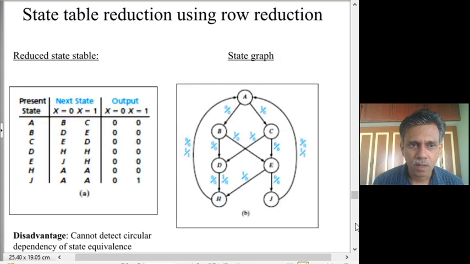So we will come up with a compact or reduced state table where we have A, B, C, D, E, H and J, and with the corresponding labels. These labels now will only be among these valid reduced states and the corresponding output. Now you will see that J is the only state to which you will go after discovering that pattern has appeared, and therefore that is the only state which outputs 1. Okay. So this is the reduced state table obtained through row reduction method.